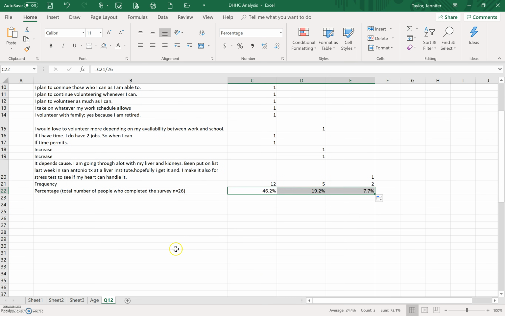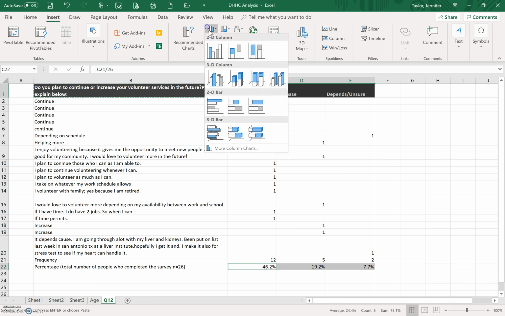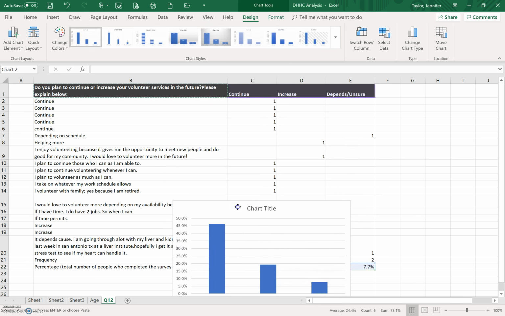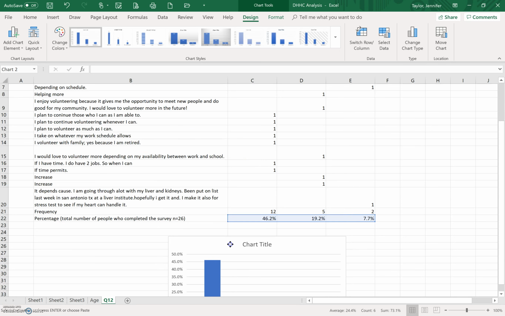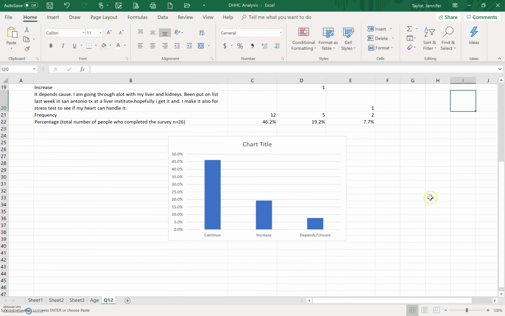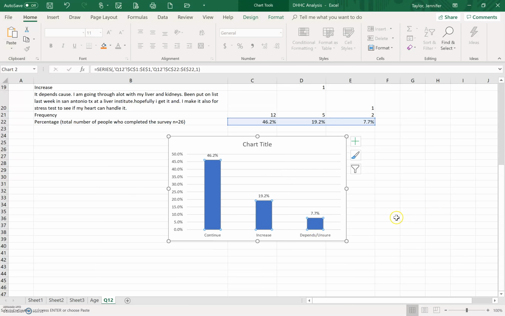Now you're going to want to create a chart. So you're simply going to highlight this, hit Control, highlight your percentages, hit Insert, go to Chart, create your chart, and there you go. You're just going to format your chart by putting in the correct data, and putting in this chart title, and you are good, and just formatting it the way you're supposed to do it. Now I'm about to run out of time, so just want to let you know